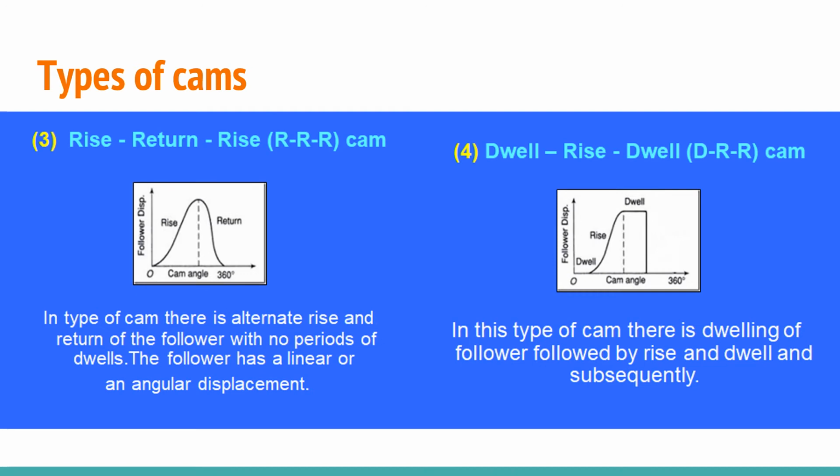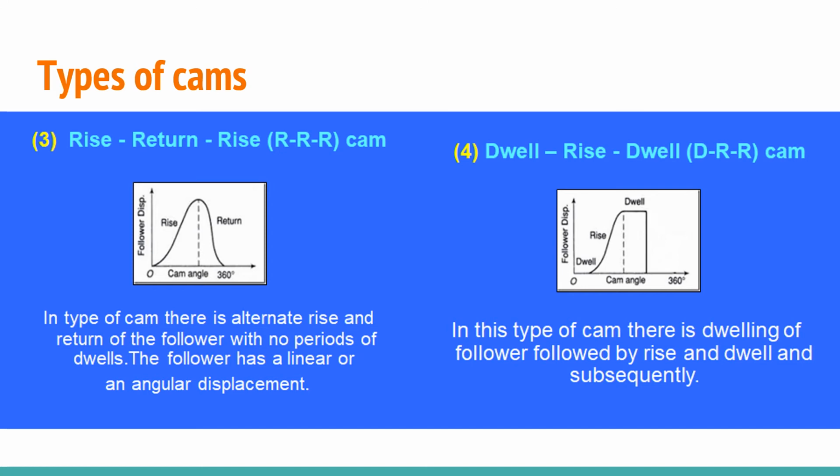The next is RRR cam. In this RRR, the total 360 degrees will be considered in three different conditions: rise, return and rise again. The total 360 degrees has rise and return. There is no dwell in this process, but in the case of the fourth condition,